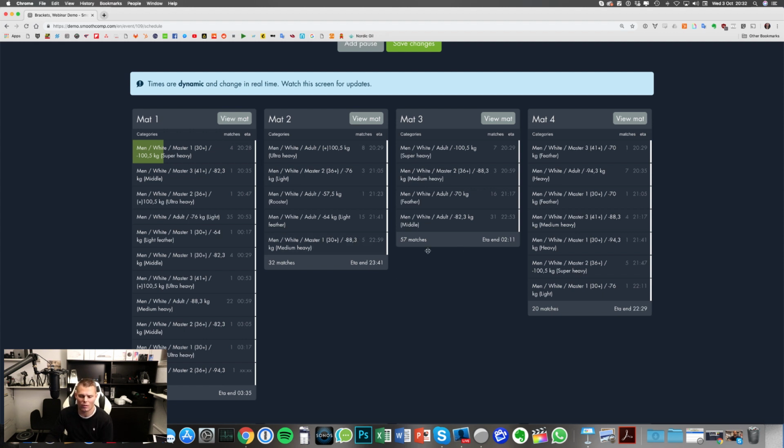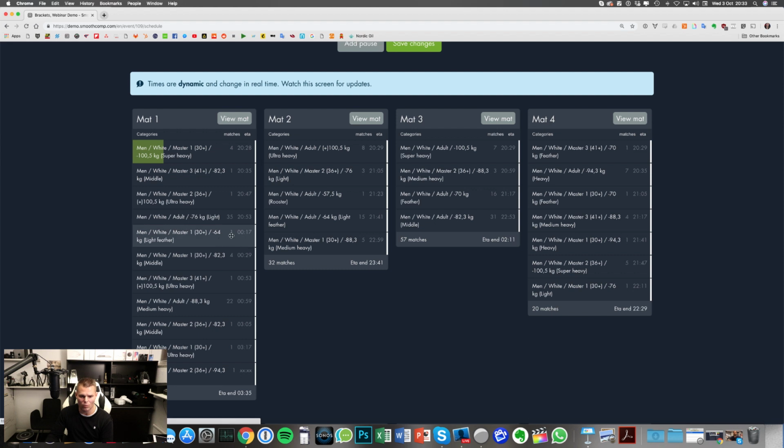And just an explanation on the different times here. The 22:59 that I'm pointing at with my mouse over here so that you guys can see it, that's the starting time of the first fight in this bracket. And the ETA here is when this mat is about to be finished. So as Martin said, it's pretty much at midnight. That's a really long tournament, but of course this is a demo site. So just so we understand, the time here reflects when the first fight starts, and then this shows when it's supposed to be ending.